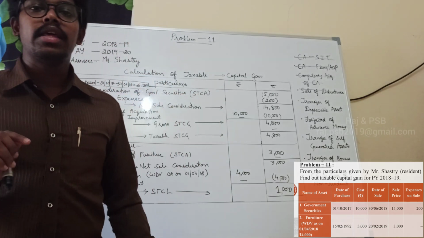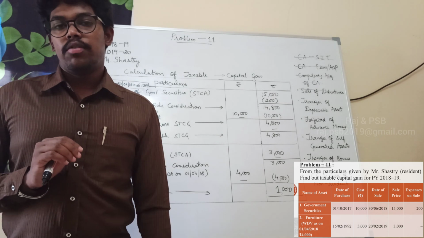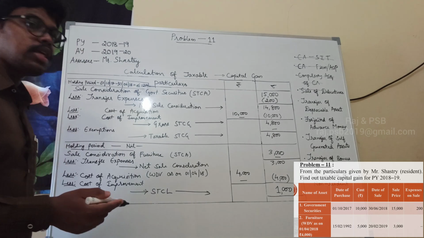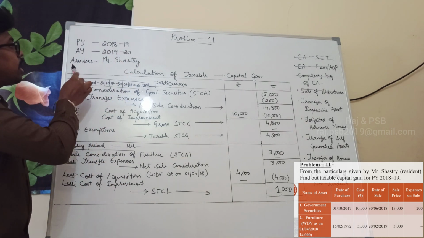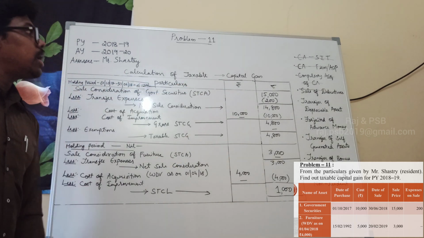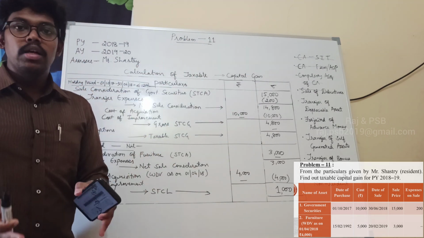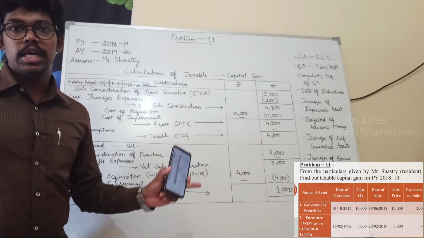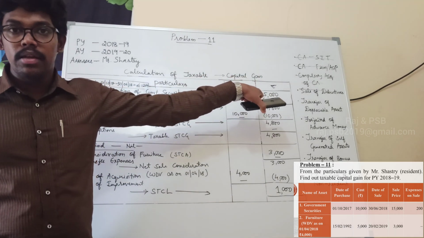So we have to calculate for the two types of assets in order to find out the capital gains, whether it is short term or long term. So the previous year is 2018-19, the assessment year is 2019-20, and the assessee is Mr. Shastri. Calculation of taxable capital gain. Here, the holding period will not be calculated for the assets as a whole. So here we will do it individually, in the same format or in the same table. So, calculation of taxable capital gain